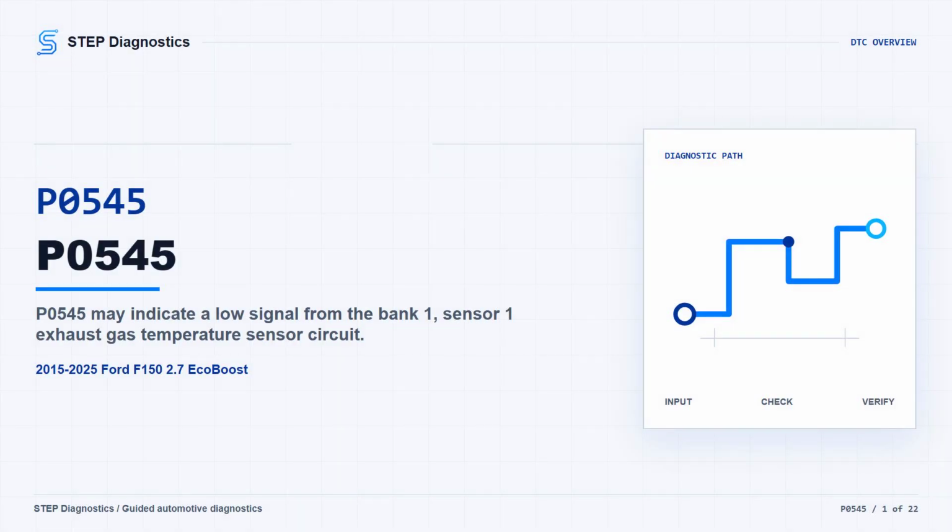On this F150 2.7 EcoBoost, P0545 may point to a low voltage signal from the bank 1, sensor 1 exhaust gas temperature sensor circuit. The truck may have a warning light. Exhaust temperature readings may be unreliable when the fault is active, and the concern may show up intermittently with heat,